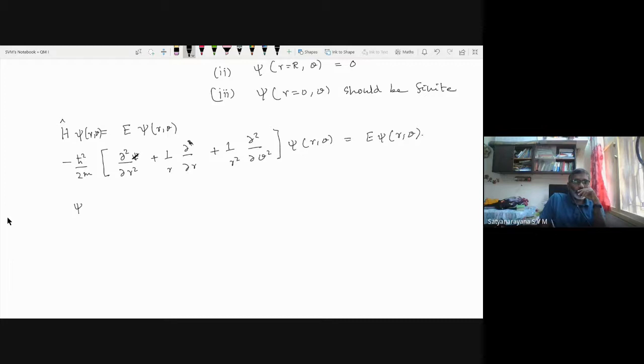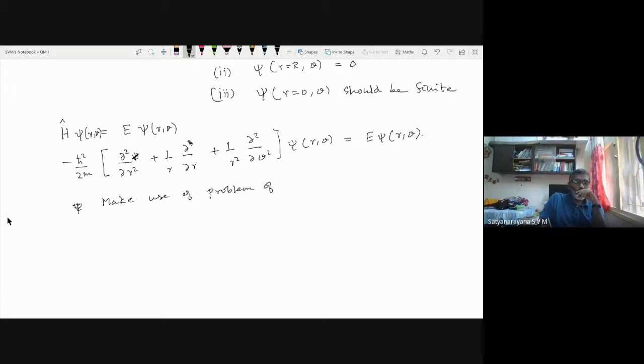When I write down the theta equation, I will exactly get what we have done earlier for particle on a ring. I know the wave function already, so I'm going to make use of the problem